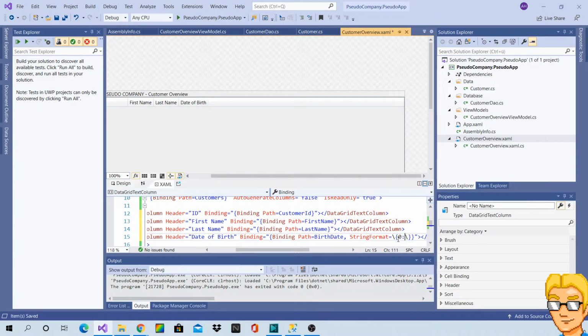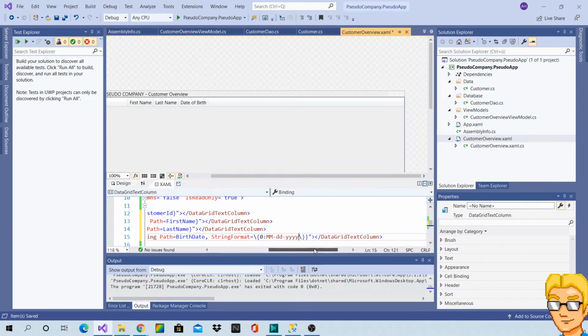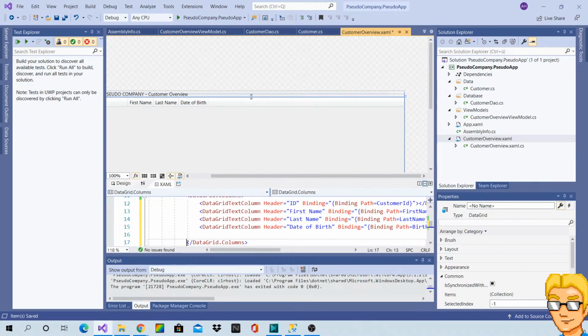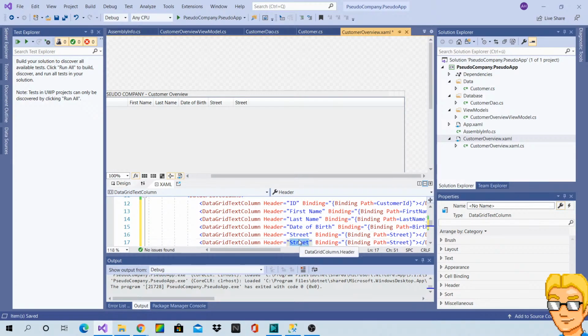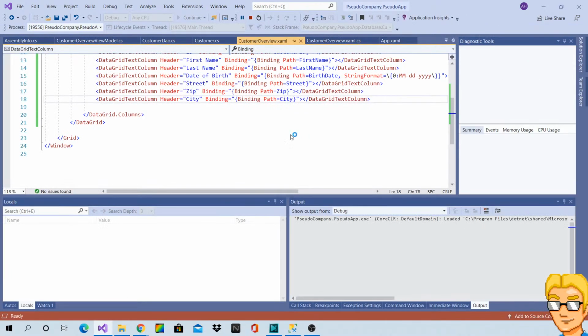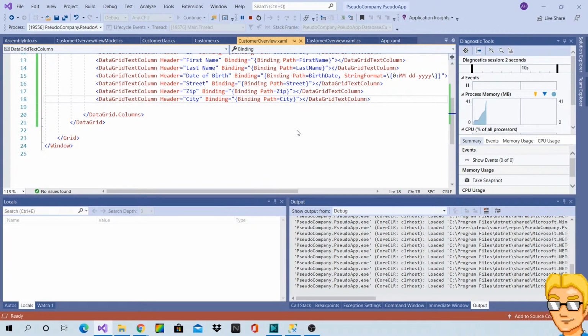And then go, what was the other? Street, city, zip, and city. And that should do the trick, I guess.